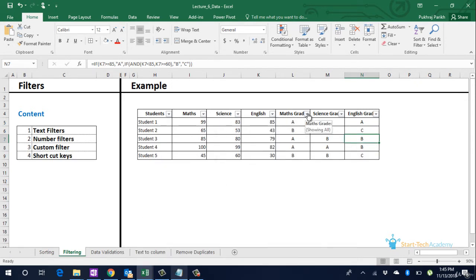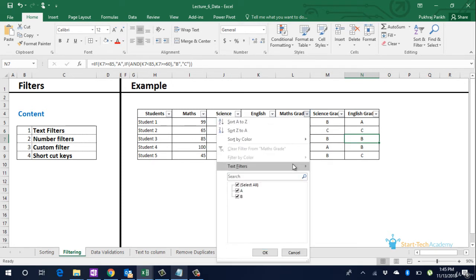Similarly, we can look at the text filters. In text filters, we have fewer options which say equals or does not equal, where we can give a particular string and it will match if that string is exactly same in our data set. The other option is begins with or ends with, where it will just check that the data in the column actually begins with the string that we have provided. Similarly, there is a contains option which says that all those rows of data will remain which contain the string that we have provided. I will suggest you to explore these on your own.